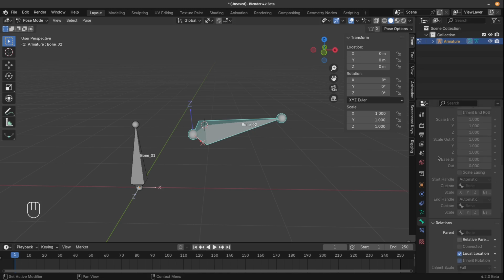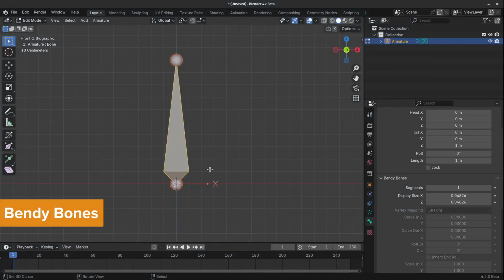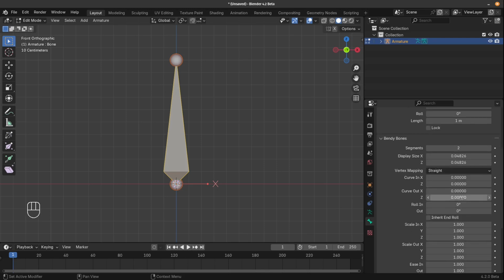Now let's have some fun with some bendy bones. All right, bendy bones are pretty exciting. So here we go. Are you ready to turn this bone into a bendy bone? Awesome. So over here in the bendy bones tab, if we raise this above 1, you'll notice all of our options here are no longer grayed out. So technically, we've made ourselves a bendy bone. Yay! Anything above a segment of 1 is a bendy bone, and we can go all the way up to